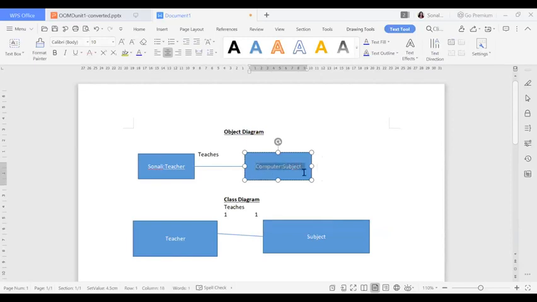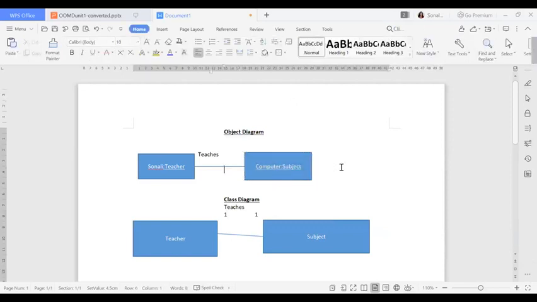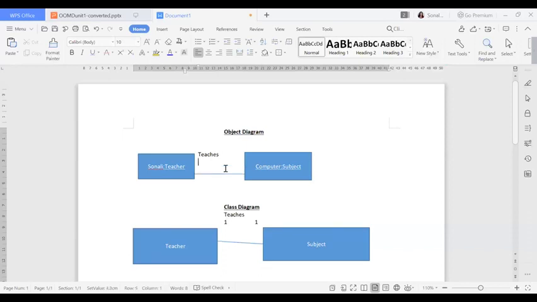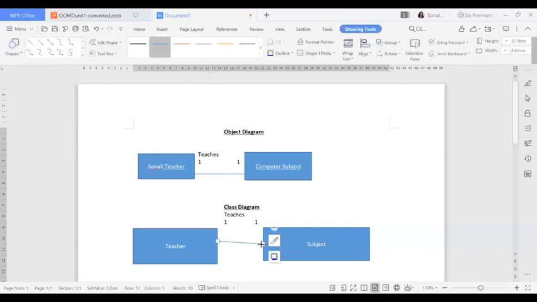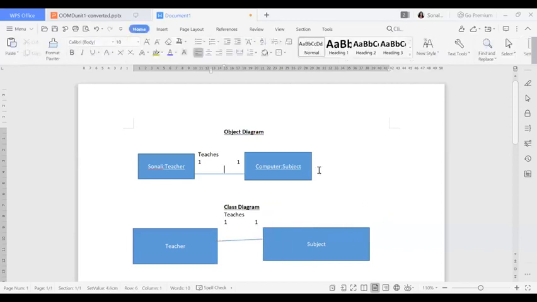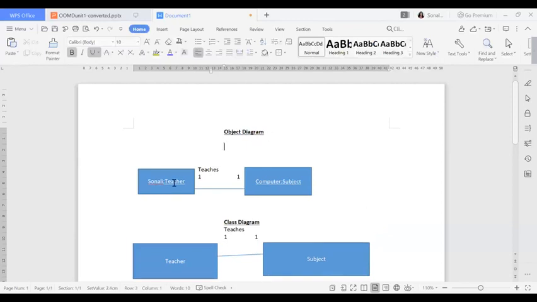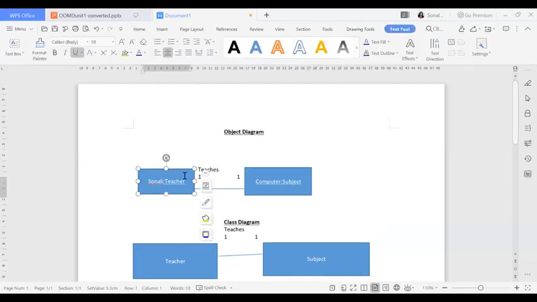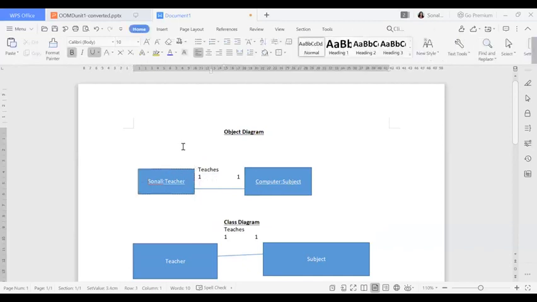As it is an object, I need to underline this. And what kind of relationship? We should not forget to give the relationship also. It is a 1:1 relationship. In this way, you need to always give the relationship. If I want to make one more object diagram, how am I going to do it? A similar thing you have to do again over here. I will do one more object diagram here. You can do multiple object diagrams. So here I have shown you how to give the link of 1:1.